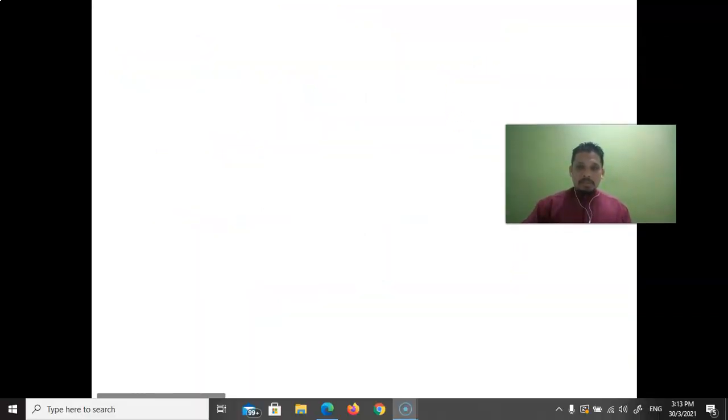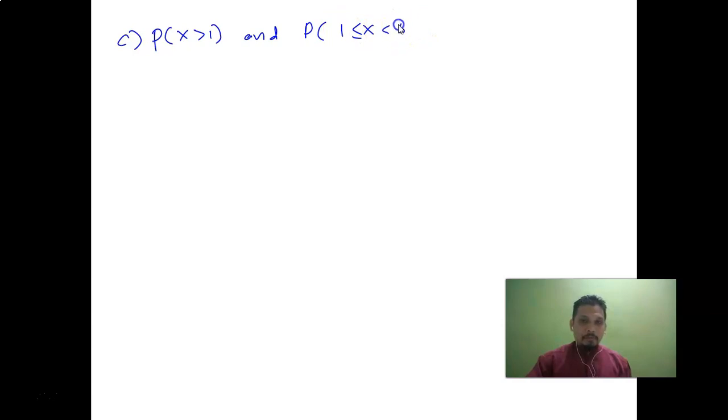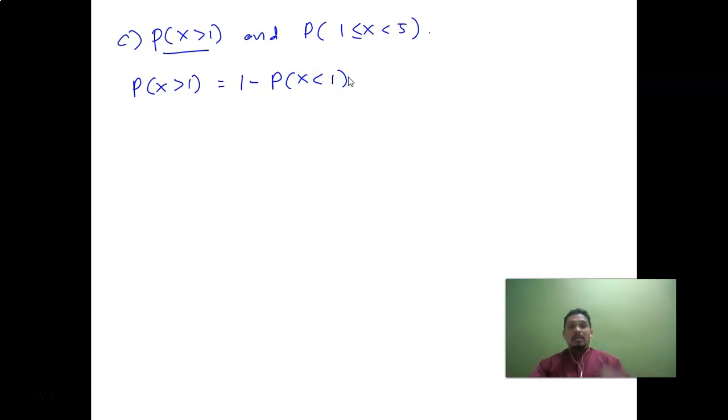And next question. What was the question now? Question C: find P(X greater than 1) and P(X) from 1 until 5. For the first one, P(X greater than 1), we may use 1 minus P(X less than 1). The reason that we come up with this formula,